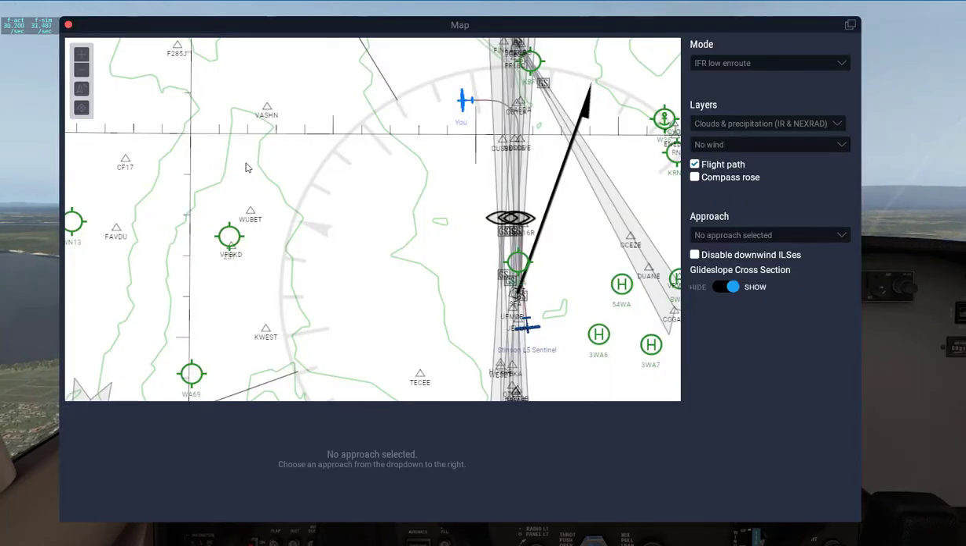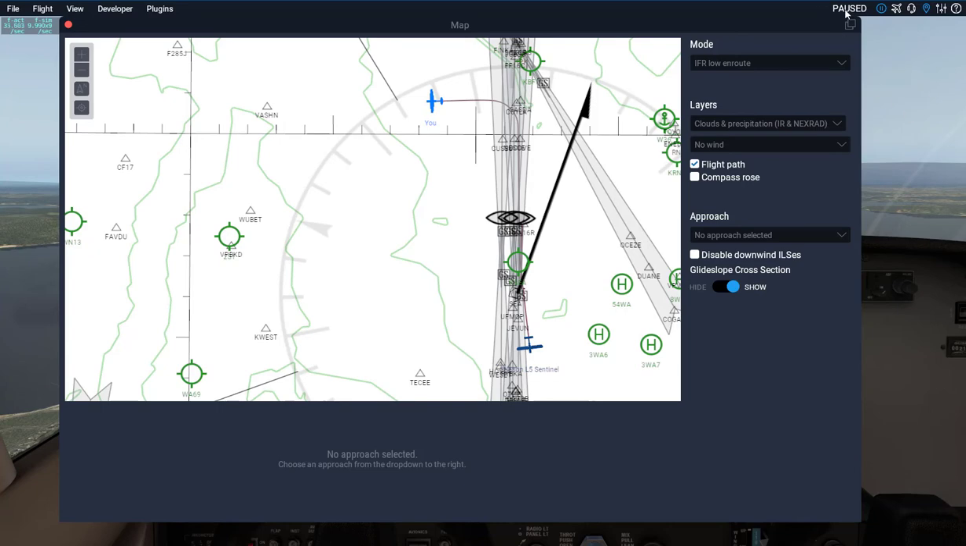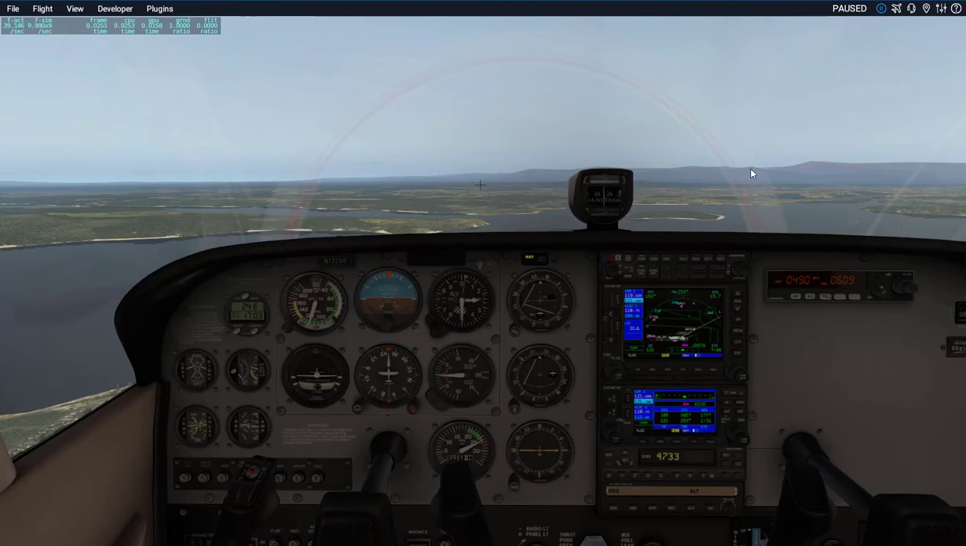Come back to the map, and I'm going to make note of these fixes. We're going to fly to this fix first, VASHN, probably for Vashon Island, and then we'll fly to some others. Now I'm going to input this into the Garmin GPS navigator first, but before I do that, I'm going to go ahead and pause our flight by clicking letter P on the keyboard. You can see that it says paused up here, it's not going anywhere,